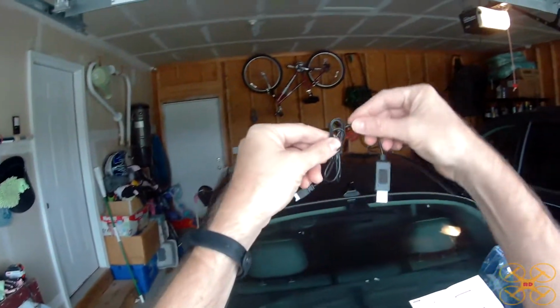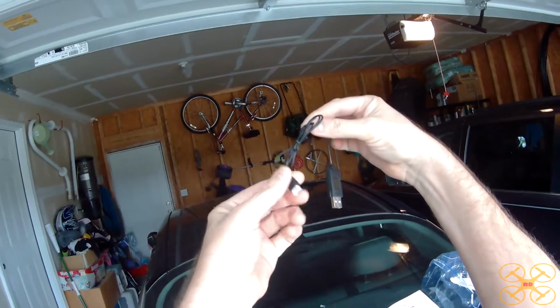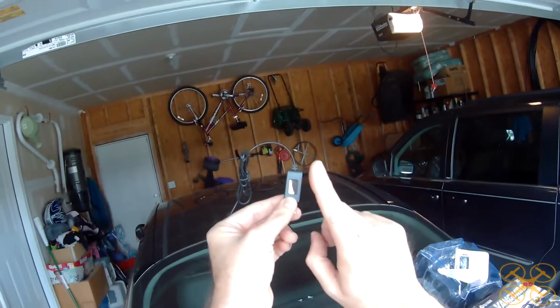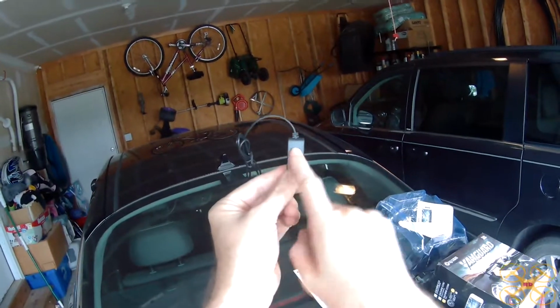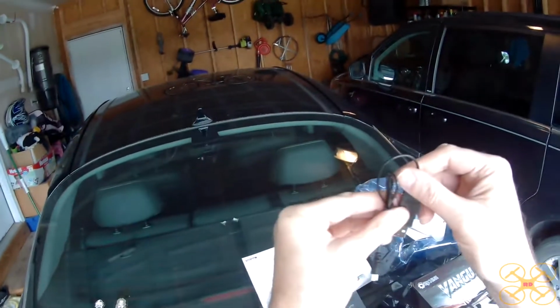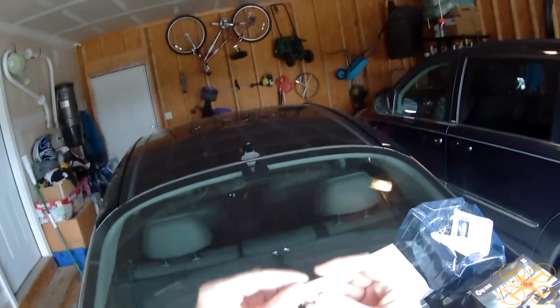The USB charging cable here is pretty standard. I think it's a micro loci connector that it uses on the battery. The light will go red when you plug it in, and it'll turn off whenever it's charged. I believe that's the way it was. I get those backwards so often. But it takes about a half an hour to charge, so not too bad, because the battery is not really